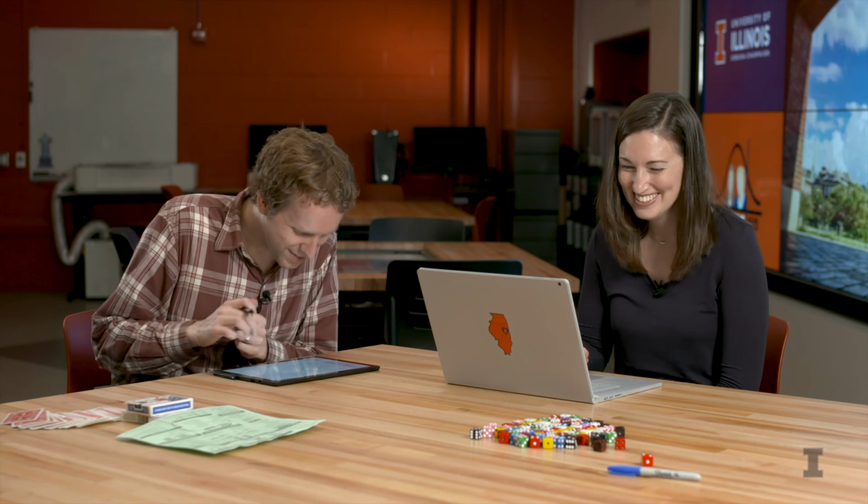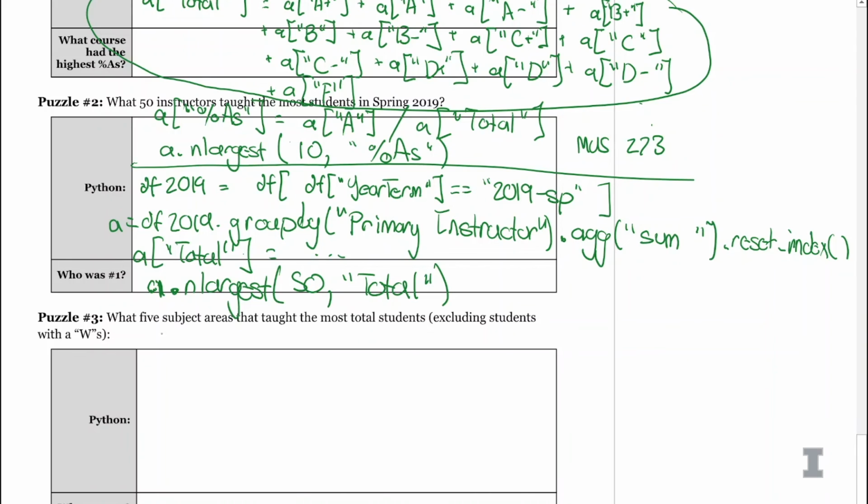That's awesome. So we have one last puzzle that I want to leave for you, because as you see the answers, it's going to really help you understand what to do, but then it kind of spoils you figuring out this puzzle on your own. So we have this last third puzzle that asks, what 5 subject areas, so this is just the subject column, taught the most students excluding students with W's? So now instead of looking at instructors, we want to look at just subjects alone. So did math teach the most students? Did computer science teach the most students? Did statistics teach the most students? And by answering this question, you're going to be able to find out which subject at the University of Illinois taught the most students, excluding any W's. Happy coding.